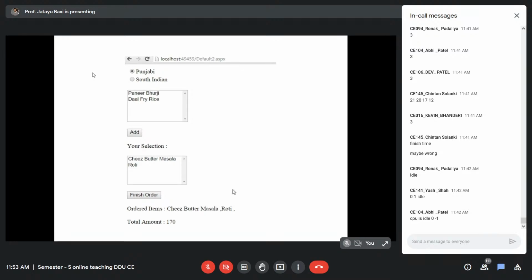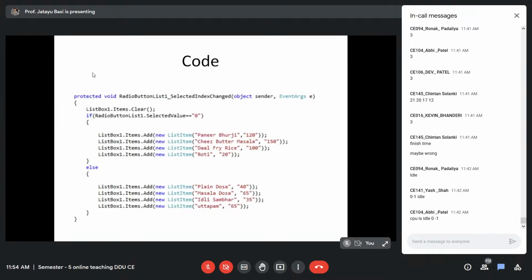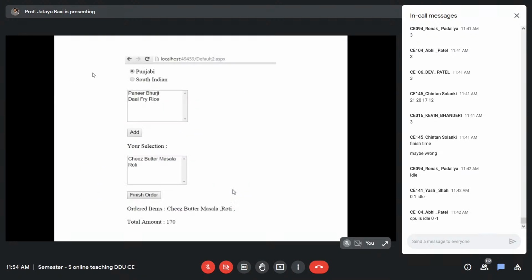You are not redirecting from one page to another page. So this is about the sample application. You can try this yourself. Code is given in the slides, but I will not discuss it right now, and I will also remove it when I share the slides. So I expect that you will implement this yourself for your better understanding and practice.